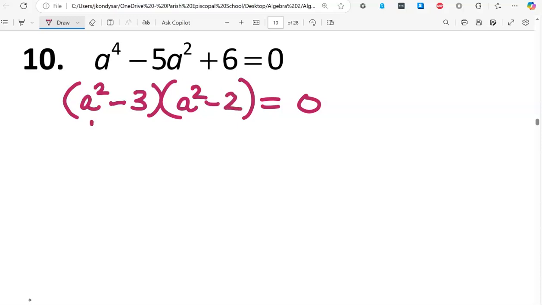And let's just check our middle terms. Negative 2a squared, negative 3a squared add up to negative 5a squared. So that factoring works. So a squared minus 3 times a squared minus 2 is equal to 0, which